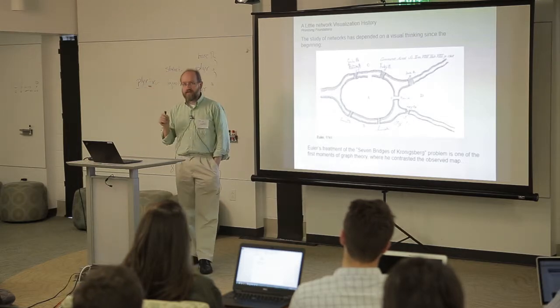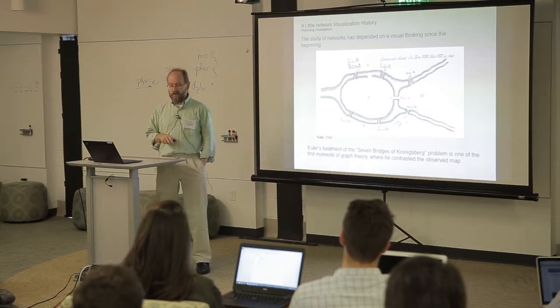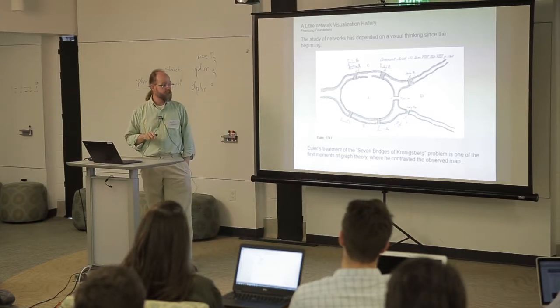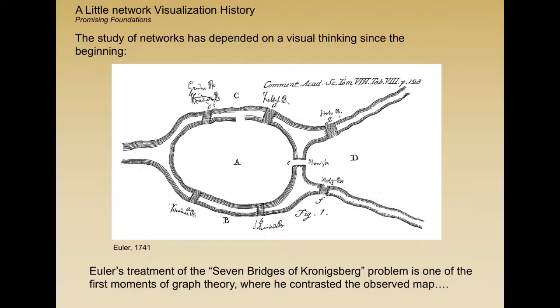In the interest of time. The first network idea came from Euler's treatment of the classic problem of the seven bridges of Königsberg. People know this little mathematical problem? What you'd like to do is find a way to cross between these seven bridges once, but only once, and never repeat, right? And so could you do that or not? This was a mathematical problem from 1741.